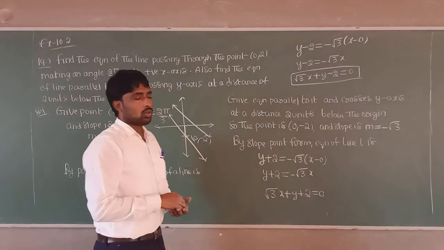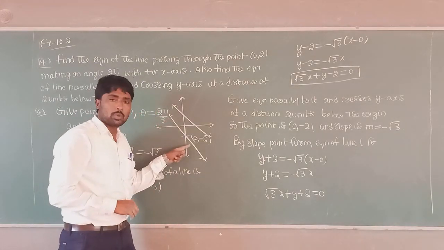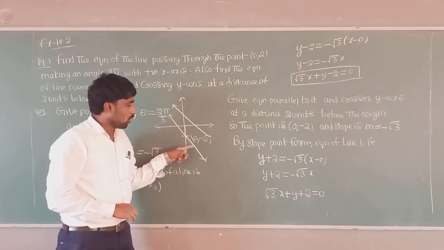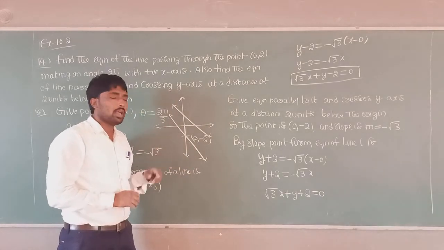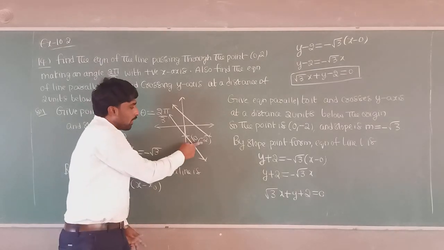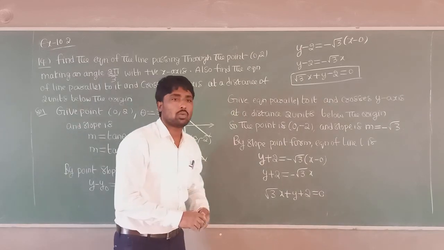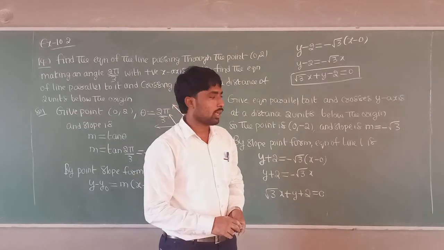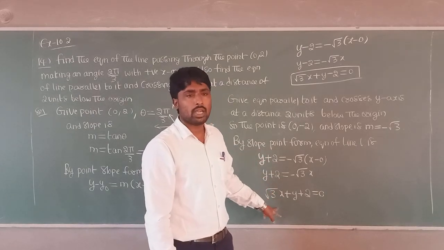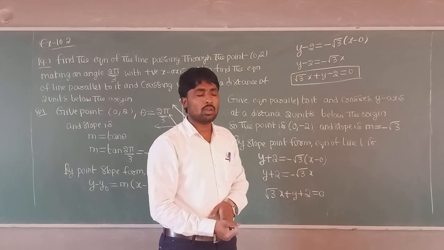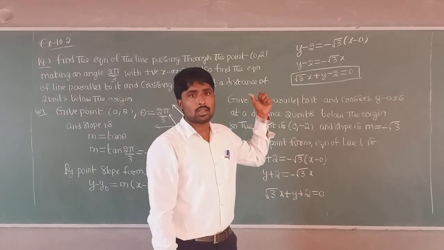Is it clear? You can do this in one more method also. You see here, it is making an intercept with the y-axis. So by applying the y-intercept formula, I can find this equation of the line also. Here the c value is minus 2 and the m value is minus root 3, so y equals minus root 3 into x minus 2. If I simplify, finally I will get this same answer. Here I applied the slope-point form also, so you can apply any method to find the equation of this line. Is it clear now?